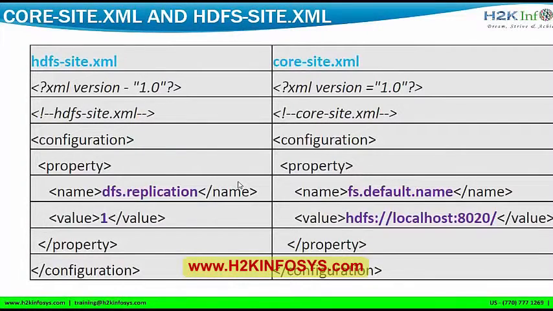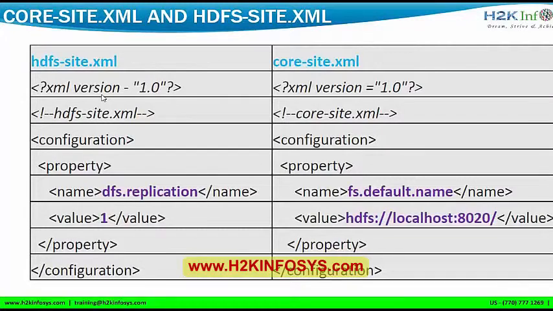So this is how you would see it. As I told you, everything will be in XML format. If you compare the core-site.xml and hdfs-site.xml, this is how it would look. The first one is the version number which you are using right now, and the next one is just the name of that particular site. Then every property will be included in two tags called configuration and property. So whatever you want to declare, you have to declare inside a configuration tag, and then a property tag should be given.